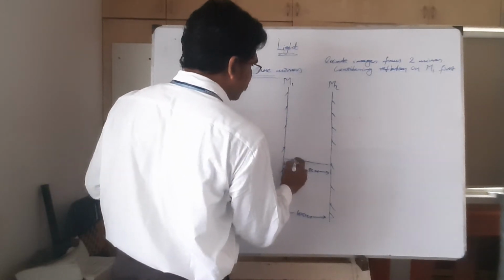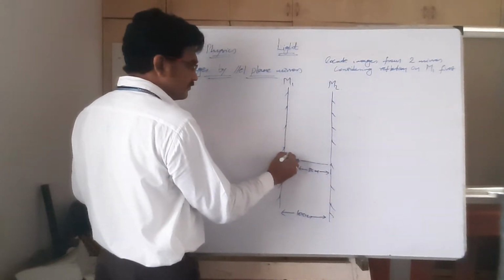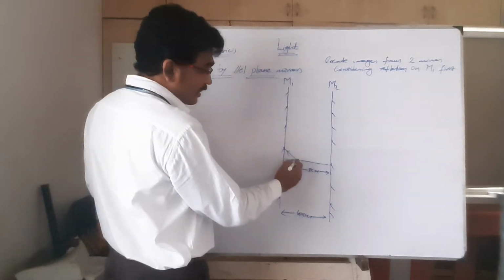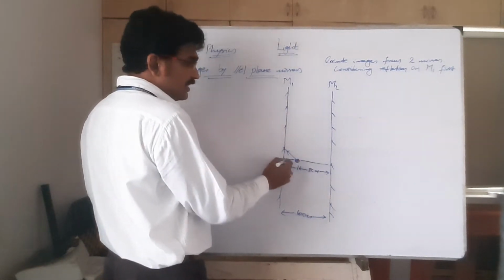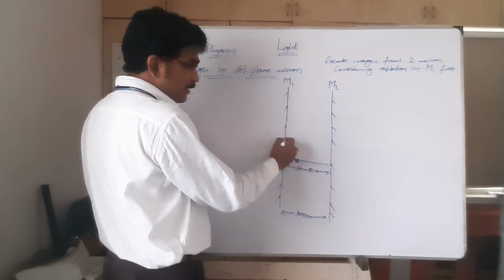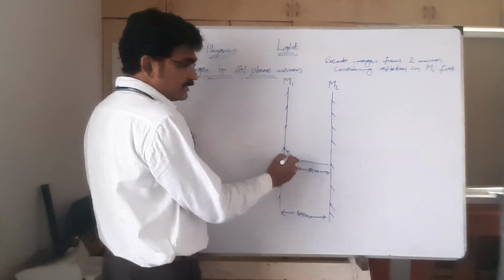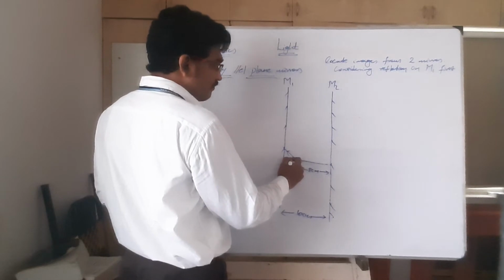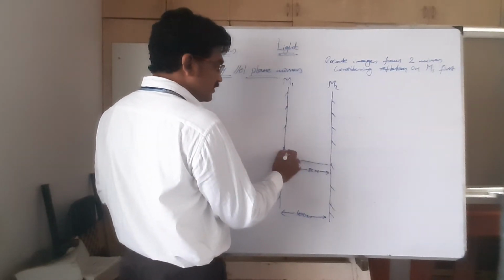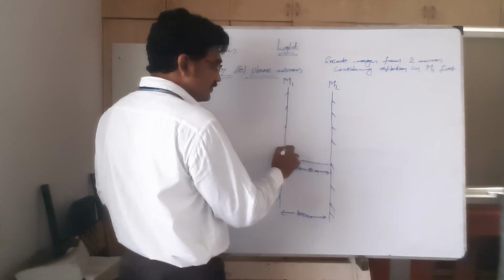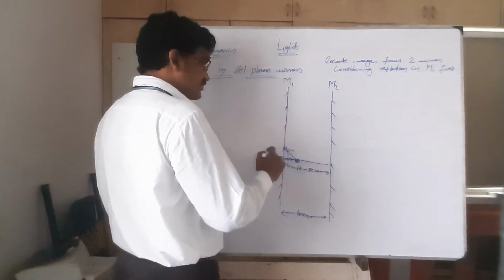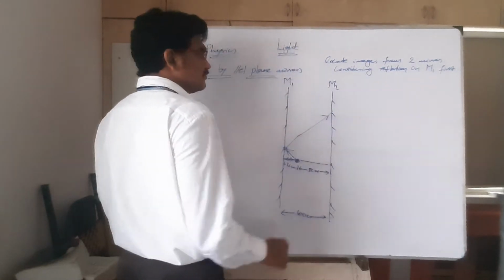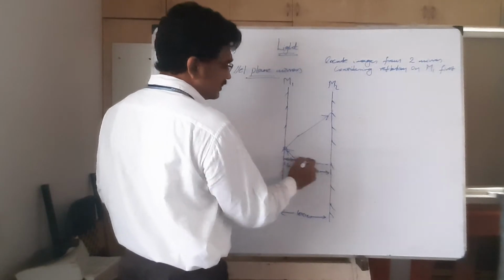Now here the object is there, as per the condition, first reflection. One incident ray has struck M1. Another incident ray also struck M1. But you see this incident ray is perpendicular to the surface, so the angle of incidence for this incident ray is 0. So it will reflect in this direction only. Now for this incident ray, I will draw the normal, then this is the angle of incidence, then this is the angle of reflection. Now this is one reflected ray, this is another reflected ray.